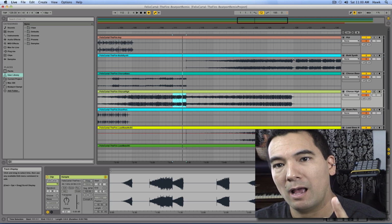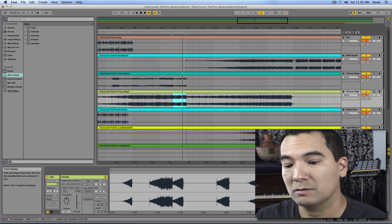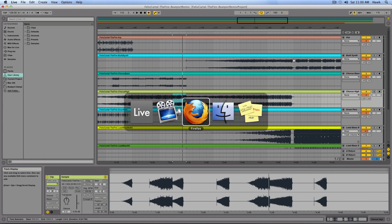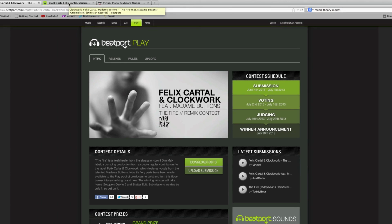So let's say we've downloaded a remix pack from Beatport. Here's one that I downloaded, the Felix Cartal and Clockwork featuring Madame Buttons remix contest. And what key is it in? It doesn't say what key it's in in any of the notes, even the live session. But if we go to the Beatport music pages,